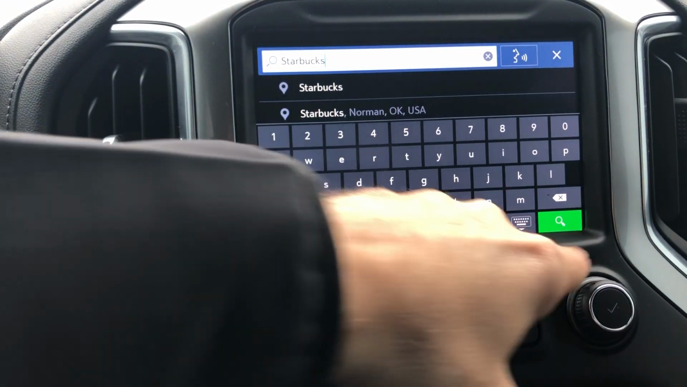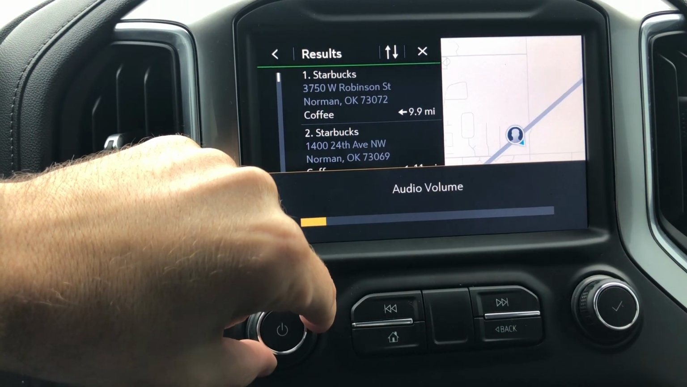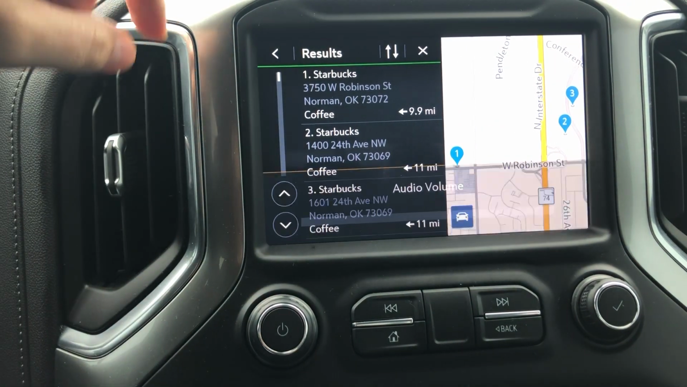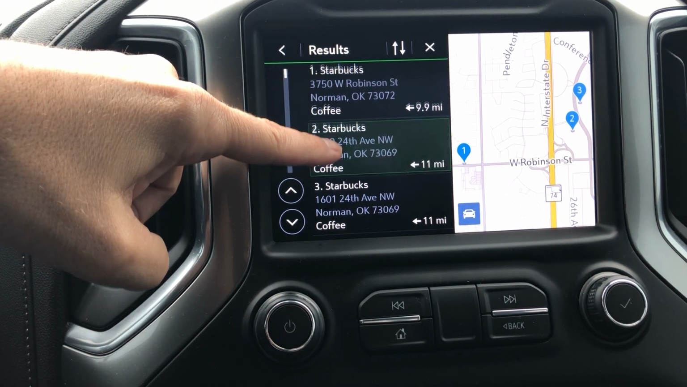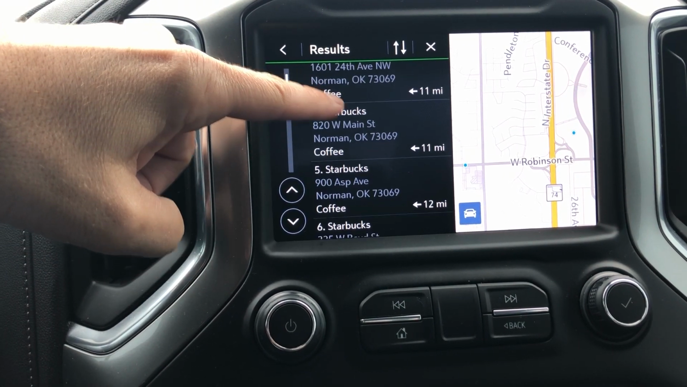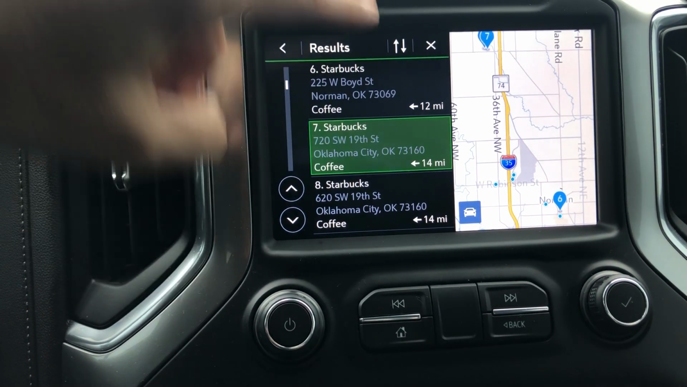Shows them all right here. You just put search. Let's turn it up a little bit, see if it talks to us. No? Okay. Shows you all the nearest Starbucks. There's one in Norman. I'm in Blanchard right now, kind of scroll down. There's a bunch in Norman. Oklahoma City. Just pick the one you want